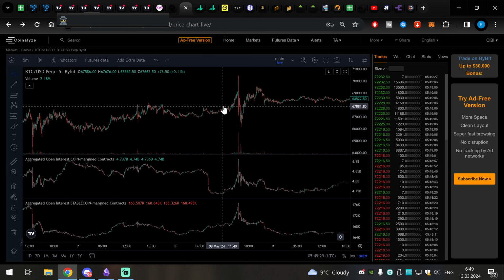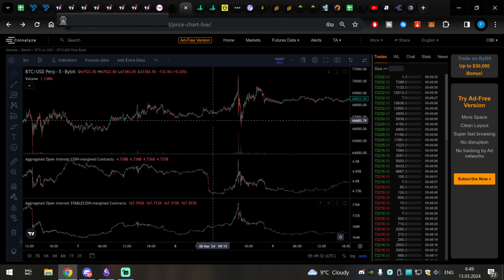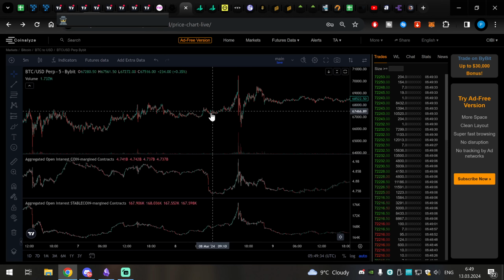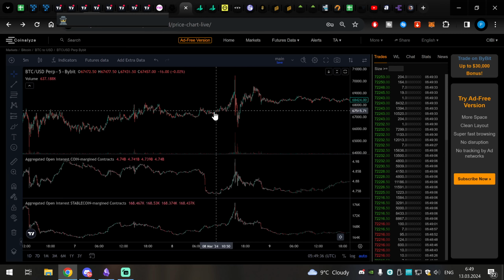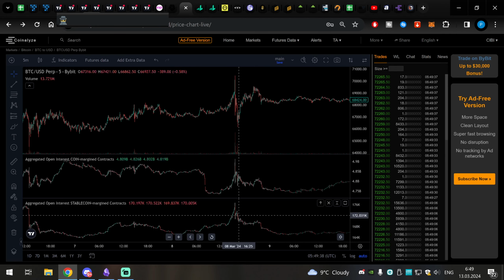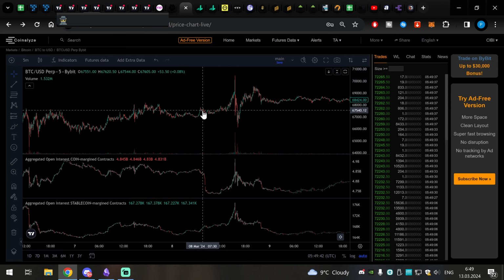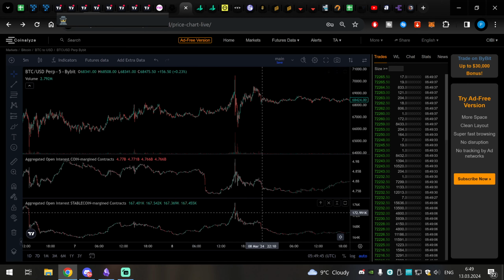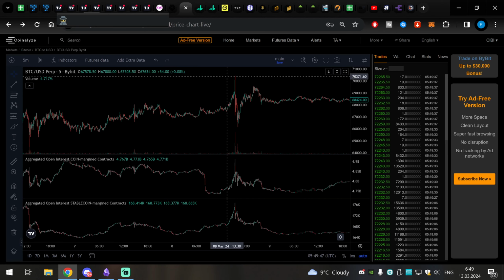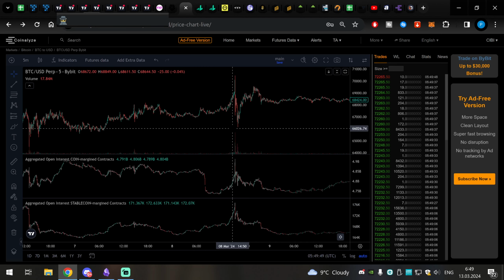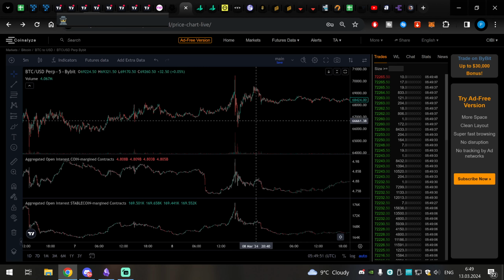Like here, open interest was increasing. If you were trying to short while the new positions were coming into the market, you would be stopped out. In the end, we faded a really good portion of that open interest increase, but you just needed to be positioned at the right place. And once you faded the open interest increase, so open interest was declining, then it offered an opportunity for you to go long.